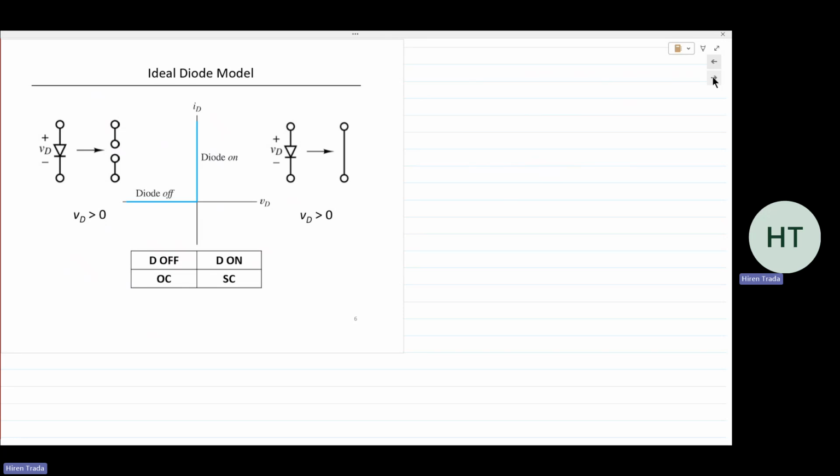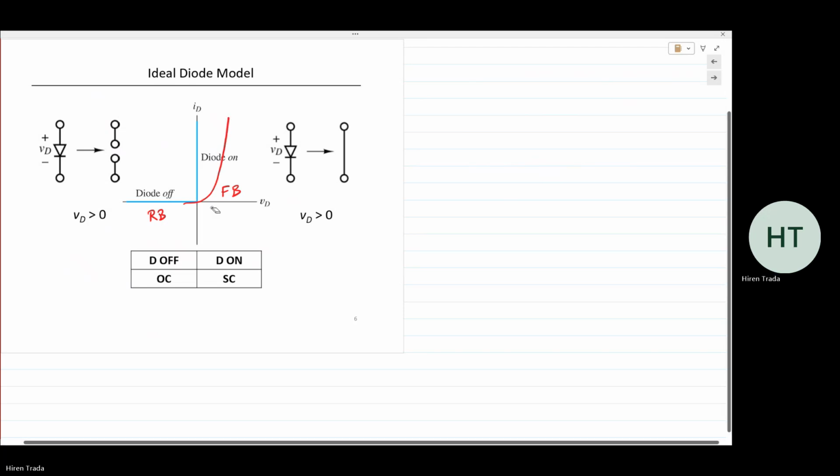Any positive voltage, meaning it could be 0.000001 volt, is enough to forward bias the diode. And in reverse bias, it's completely off. So the diode characteristic breaks down to this forward bias, and this reverse bias. A real life diode has a curve like this. Ideal diode is simply a vertical line